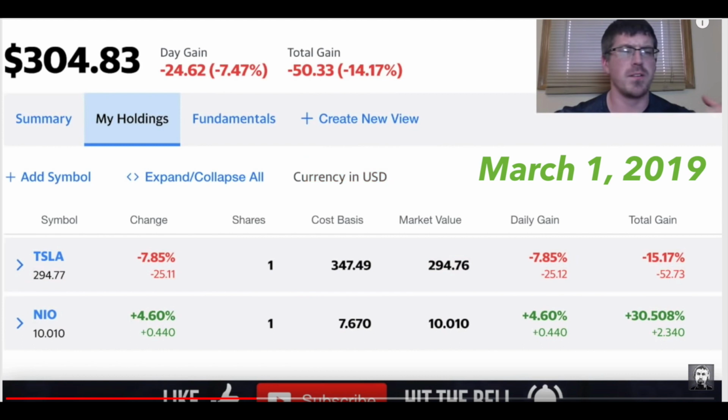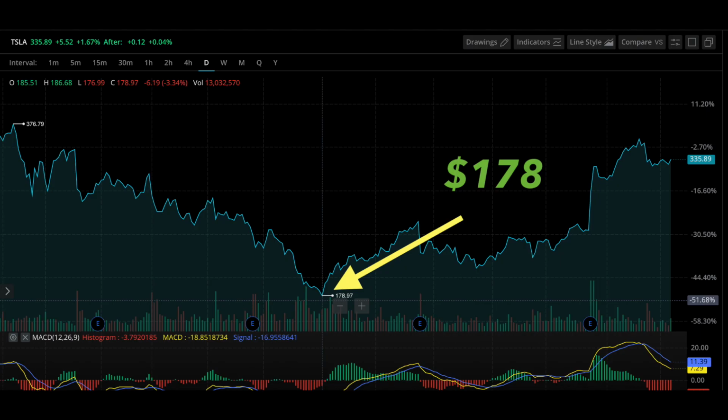As you can see right off the bat, NIO was up over $10 a share. You can see right over here at the total gain up 30%. And Tesla was down $52 a share. And as most of you probably do remember, it got really bad for Tesla over the summer, trading itself down into the